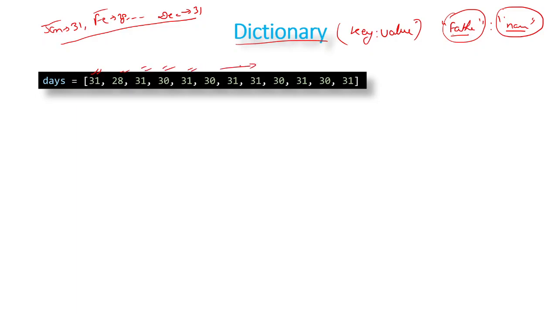But if you want to store it in a more readable format, or suppose this is not days but some other variable, and you store it inside a list, then inside the list you have only the data. So at a glance, if someone sees the data, he can't say what it actually is. But if you store it as key value pairs, like January has 31, February has 28, anybody who sees this will get a clear idea of what this data is, and can work on it. So a dictionary is useful for key value pair concepts. If you want to store key value pairs, go for a dictionary.